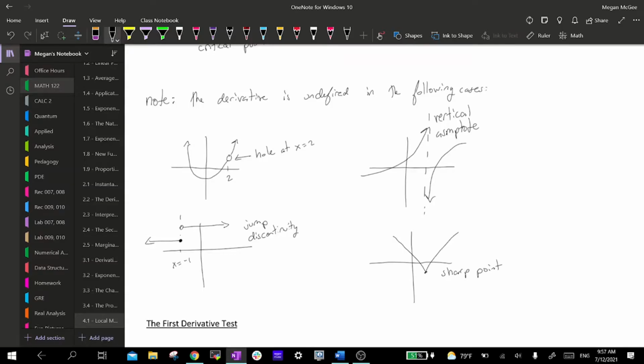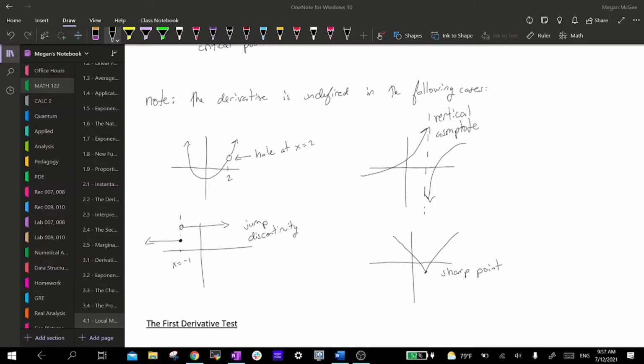Alright? So the function in these last two, in the jump discontinuity and in the sharp point, the function exists there, right? It's defined at this filled in circle, okay? And it's also defined at the point in the sharp point. So that's not the reason we can't take the derivative there. The reason we can't take the derivative at these bottom two examples is because the derivative changes too quickly there,